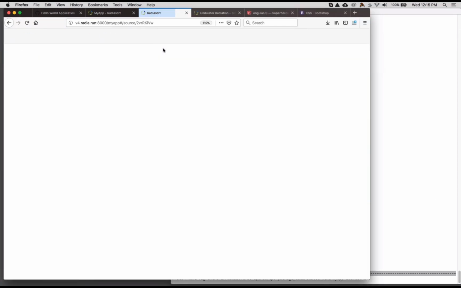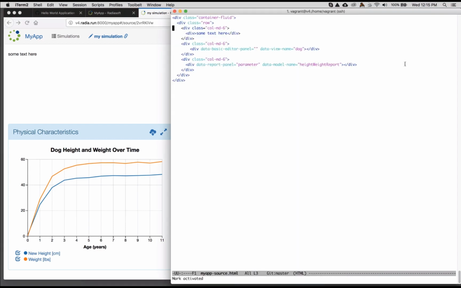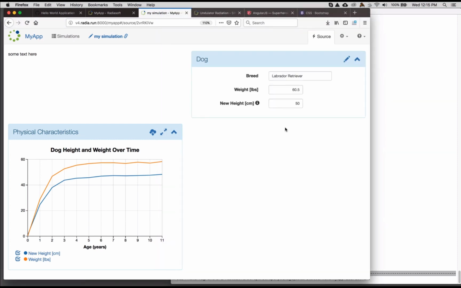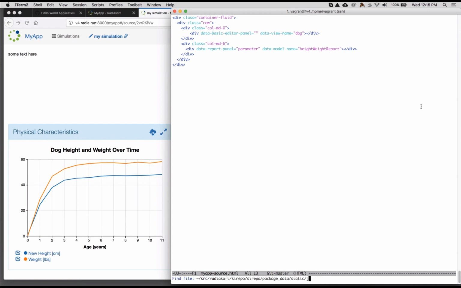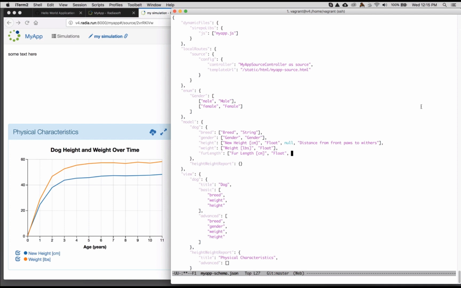Imagine, can you create another input field in this HTML? Sure. So what you would do is, let's say we wanted to add a field to this. We could come to the schema, and then let's say we're going to add a new field like, what's a furry? Fur length. And we'll call it fur length, and we'll say it's in centimeters, and it has a default value of